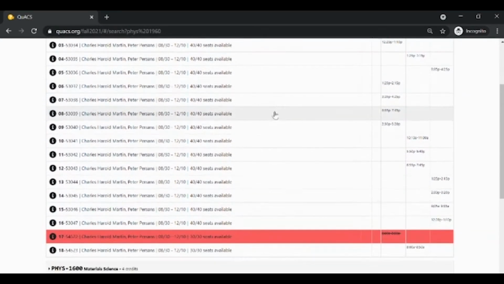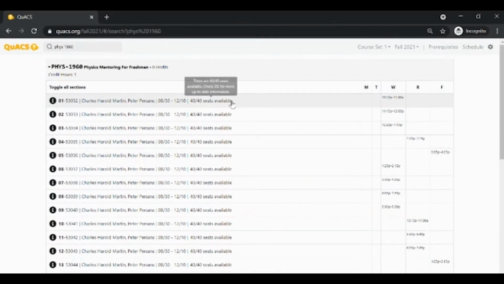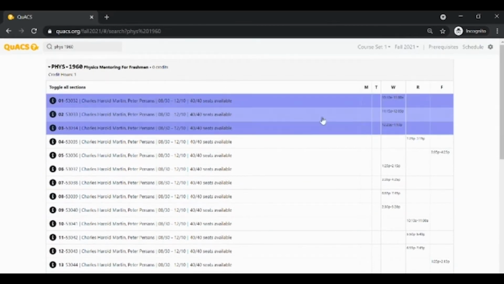However, what you can also see is there is one option here that is crossed out in red. If options are crossed out in red, that means that it already conflicts with the classes that you've put within your schedule. So for these purposes, with the classes that we have, we can't select section 17, which is totally fine. So let's select, say you want to do something on a Wednesday, we'll select that.